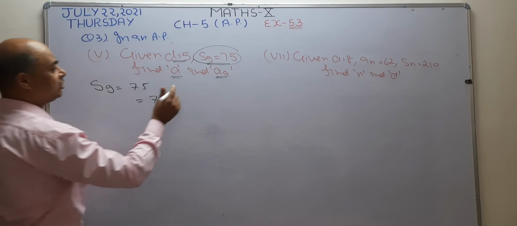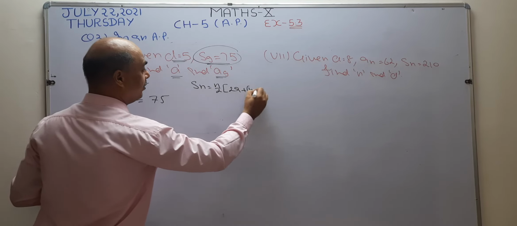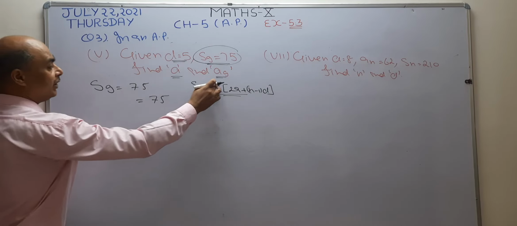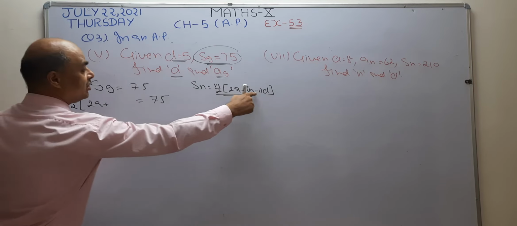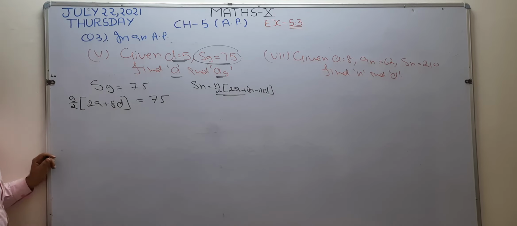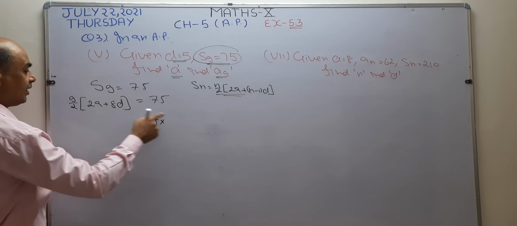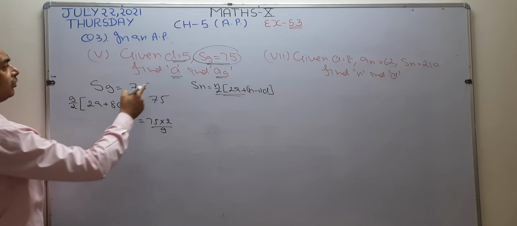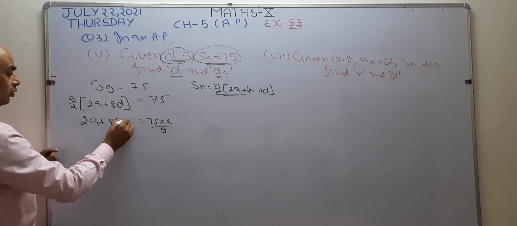Now I have to use the formula Sn. The formula is n by 2 (2a + (n - 1) d), for finding the sum of n terms. It is written 9, so this becomes 9 by 2 (2a + (9 - 1) d), where 9 minus 1 becomes 8d. S9 becomes 9 by 2 (2a + 8d). Okay. Now I take this 9 by 2 from left to right, so this is going to multiply by 75 and divide. Now, what is the value of d? The value of d is given, d is 5. So I want to use this value. Instead of d, I write 5.